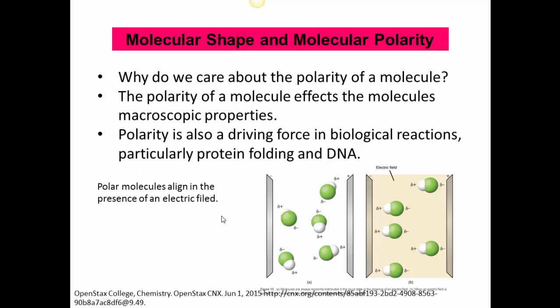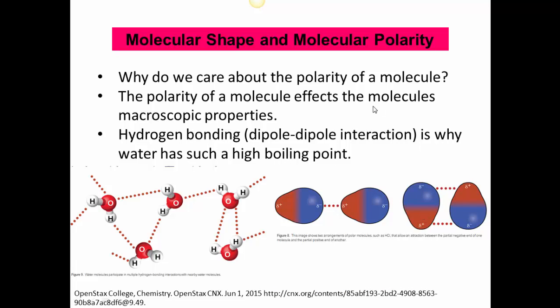And part of this is because if you have a polar molecule and you apply an electric field, the polar molecule will align in the electric field so that the partially positive part of the molecule is near the more negative part of the electric field, and the partially negative portion of the molecule aligns with the positive of the electric field. But it's just important that polar molecules align in the presence of an electrical field. This is important because